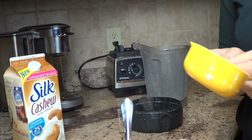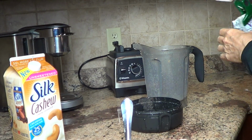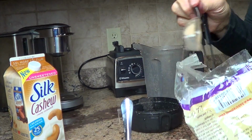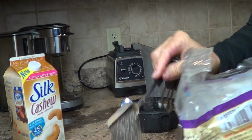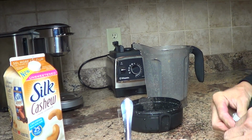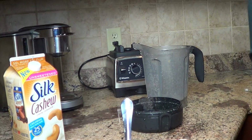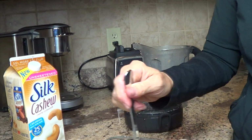as well as 3 tablespoons of chia seeds. Now I like mine thicker and creamy, so I add 3 tablespoons, and these are just the Bob's Red Mill. What will happen is the oats will soften because of the cream that it sits in all night, and the chia seeds will absorb a lot of moisture and get real creamy and gelatinous almost. They absorb water and it becomes a very thick, almost tapioca type of